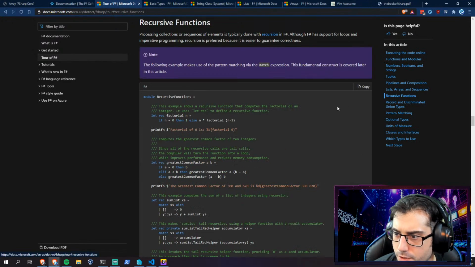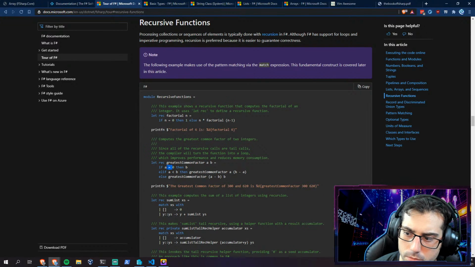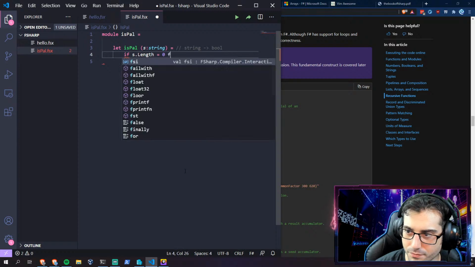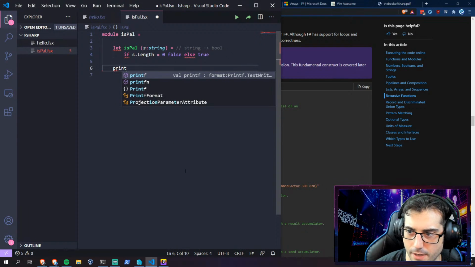Let's go back down to our recursive functions. Oh, it still equals 0. It's still a single equal sign. That's gonna take some getting used to. False, else, true. And then we're gonna do print